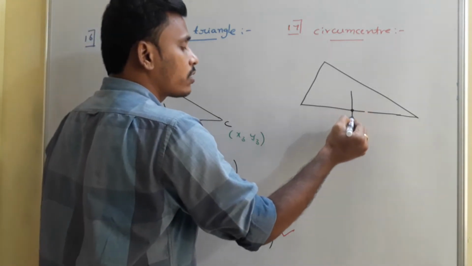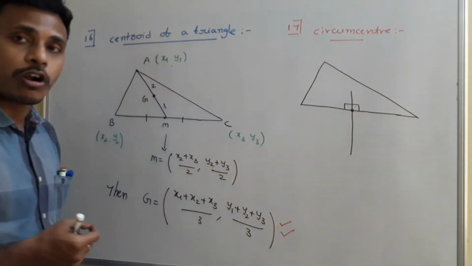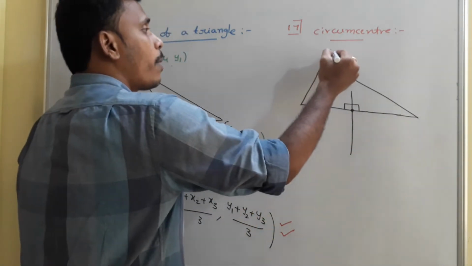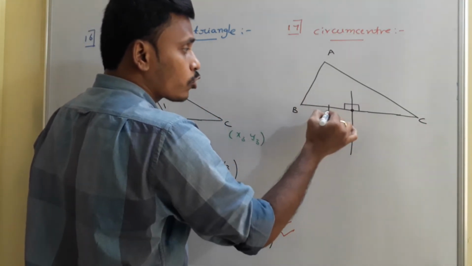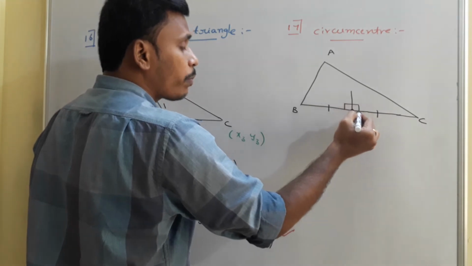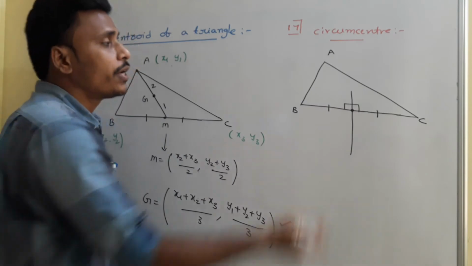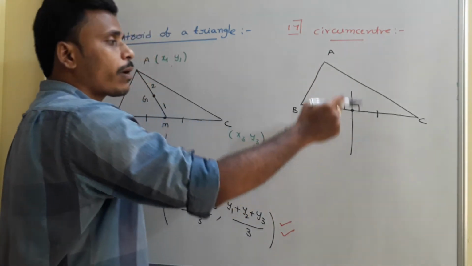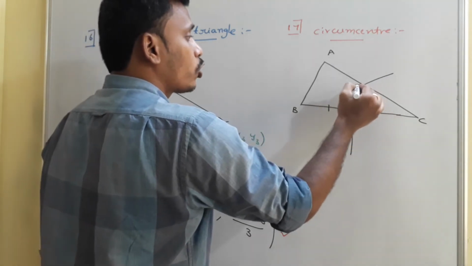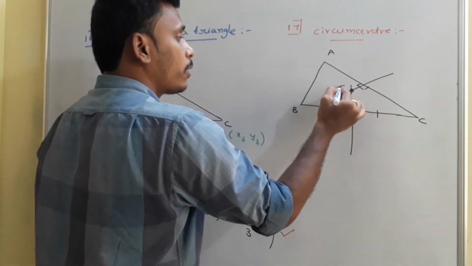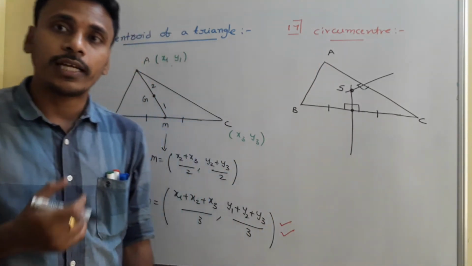We already discussed all these things in the previous chapter and in some previous classes, so I am not mentioning them in detail. As we know, a perpendicular bisector is a line which passes through the midpoint of BC as well as being perpendicular to BC. Since there are three sides, you will get three perpendicular bisectors, and those three will meet at a point. That point of concurrency is denoted by the letter S and is known as the circumcenter.